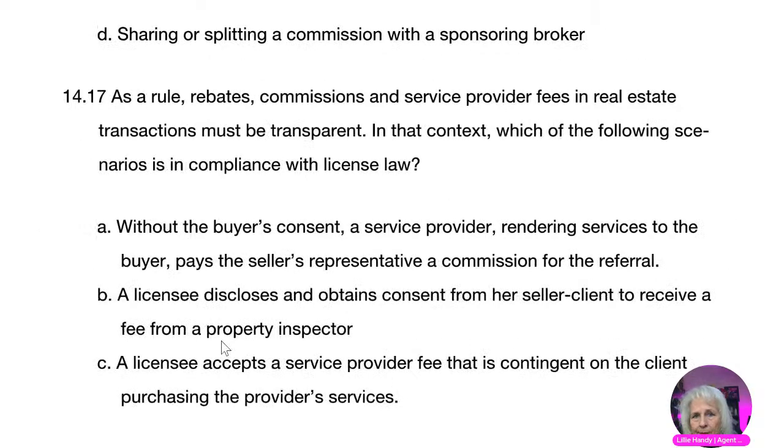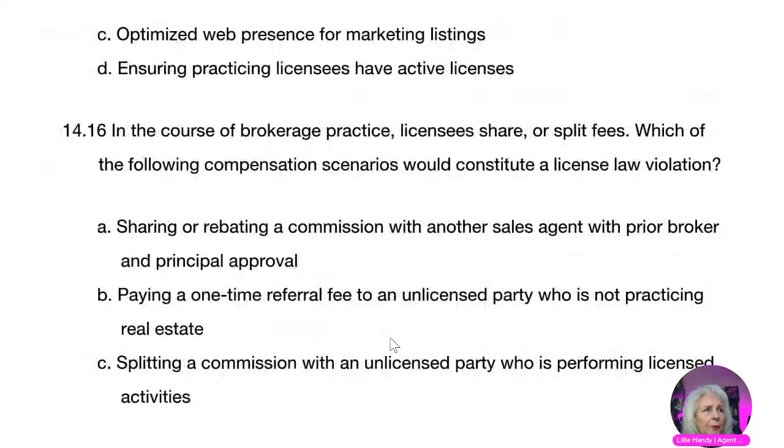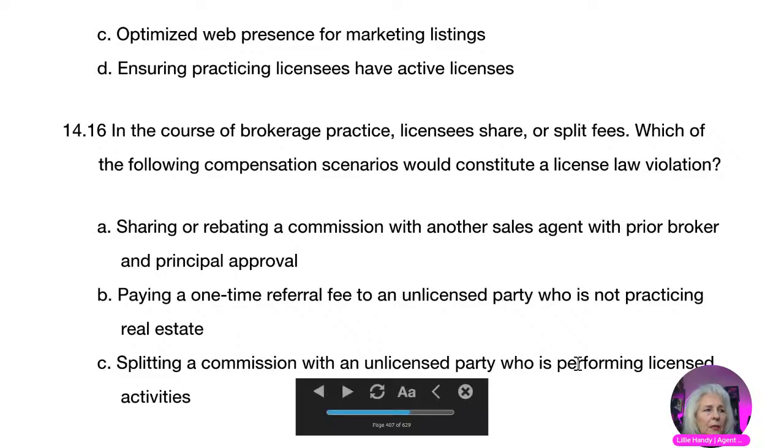It depends. Like on the prior question. As a rule, rebates, commissions, and service provider fees. Okay, so this one, our answer on number 17 was what? B. A licensee discloses and obtains consent from her seller client to receive a fee from the property. Oh, that's not the one I was thinking of. In the course of brokerage practice, licensees share or split fees. Which of the following compensation scenarios would constitute a license law violation? And number 16 was C. Splitting a commission with an unlicensed party who is performing